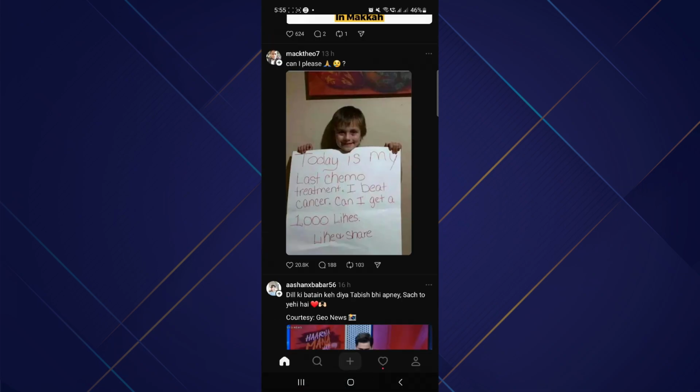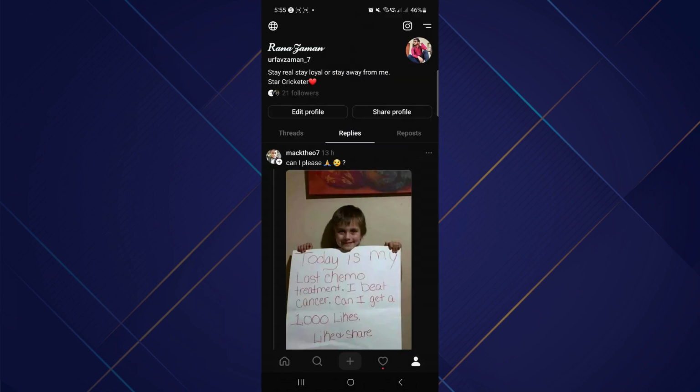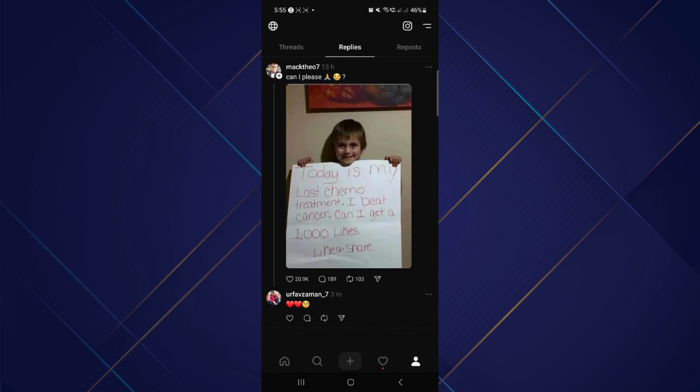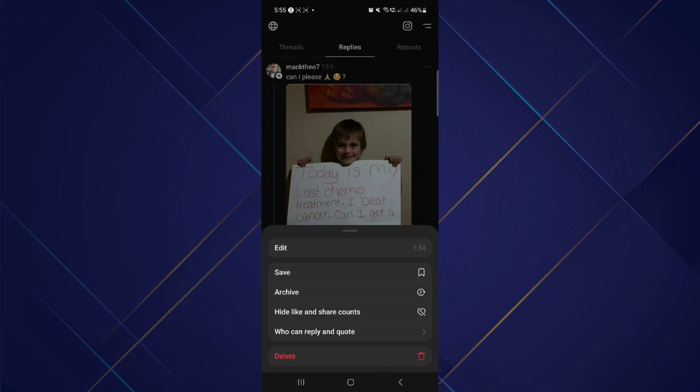So to check your replies, all you have to do is tap on the person icon at the bottom, and here you will see the Replies tab. Tap on it. Now right here you will see the post and a reply right at the bottom of it. You can edit your reply or even delete from here, and that is how you can easily view replies on